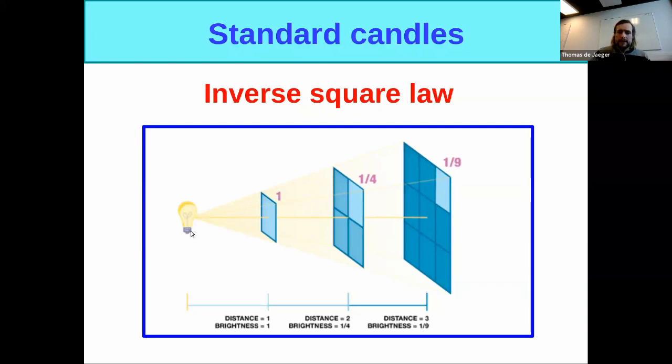So if you know the intrinsic brightness of the object, you can compare this to what you receive on the Earth, and you can measure the distance. This is very simple, but life is not always easy. You need to know the intrinsic brightness of the object, and this is the more difficult part. And this is what you do every time at night when you are driving. When you see the light of the other car, if the lights are bright, your brain knows that the car is close, and if the light is faint, the car should be far. And if you don't know that, please don't drive at night, it can be dangerous. So your brain does that, and it's easy to do, but you need to know the intrinsic brightness.